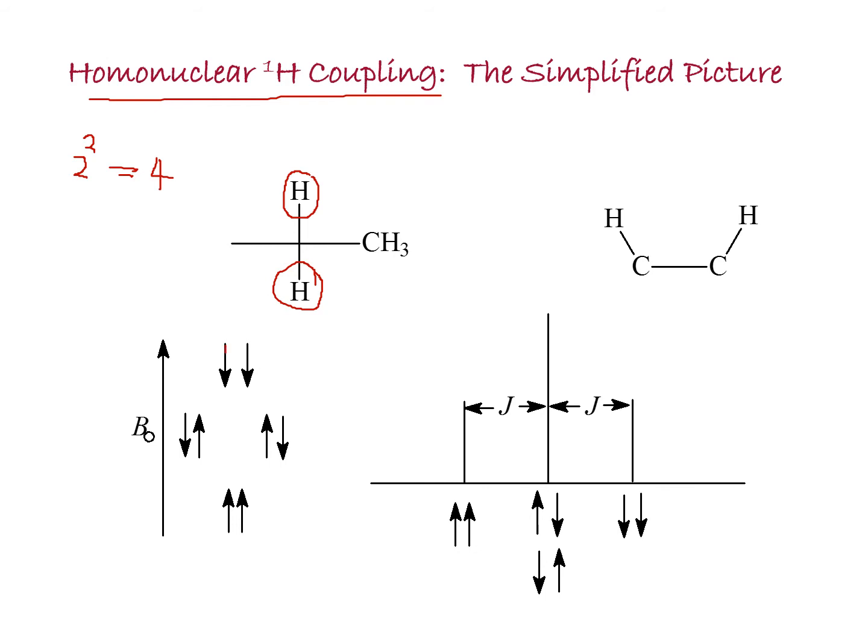One of them is that the two spins of these nuclei will be against, opposing the B naught. One is down, one is up, one is up, one is down,